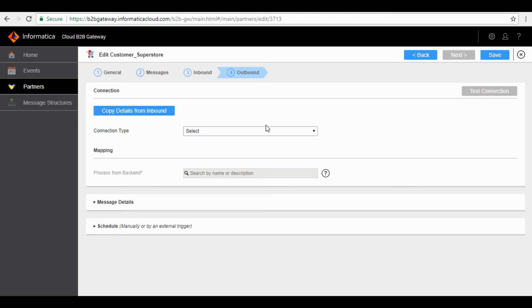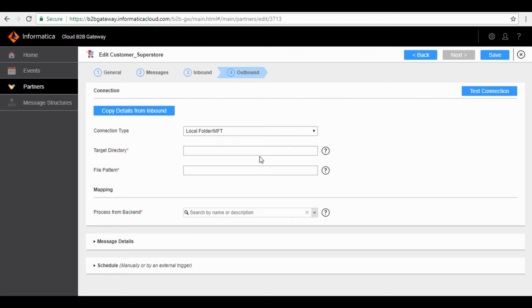From the Connection Type drop-down, select Local Folder MFT. In the Target Directory field, provide the path to the directory on the connection, where the gateway puts the files from the backend system, which in our case is C:\TRG